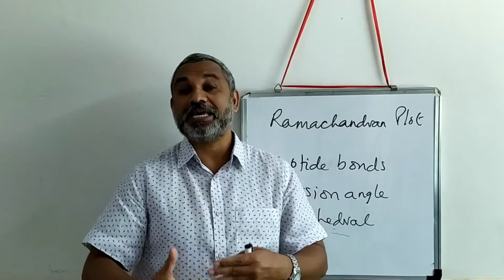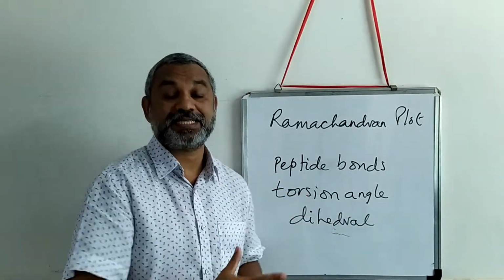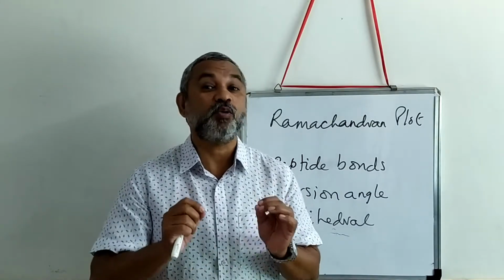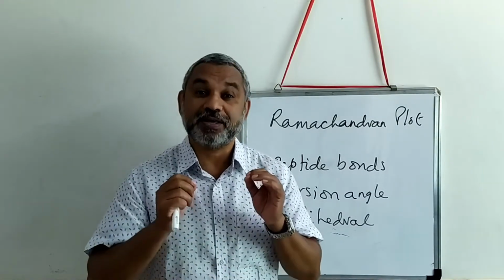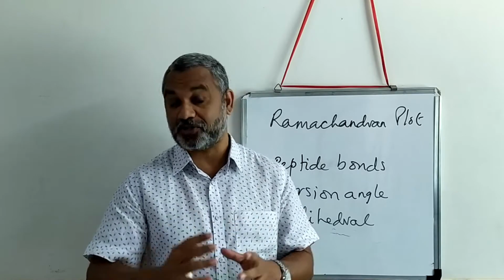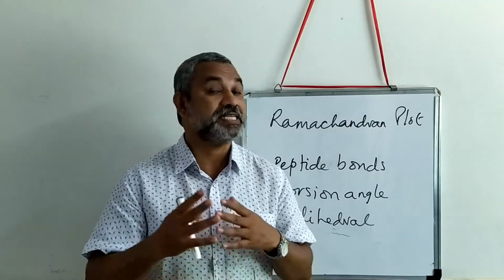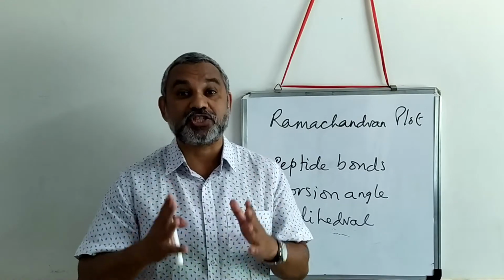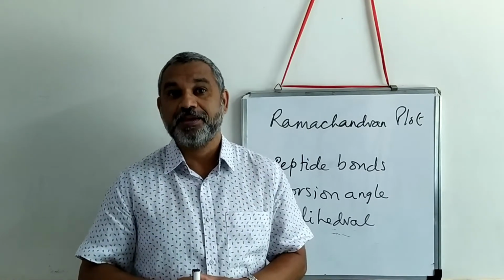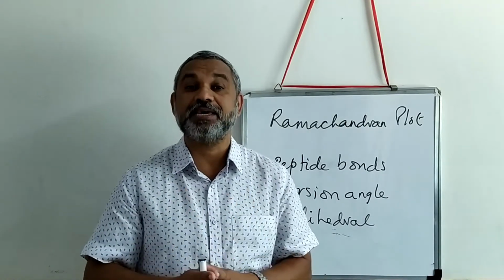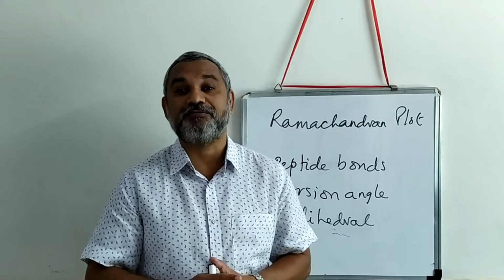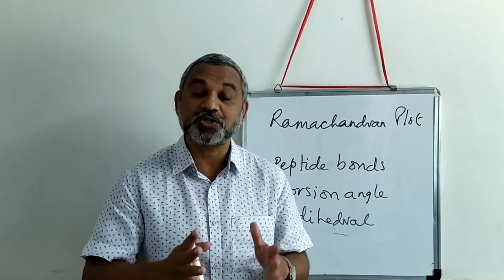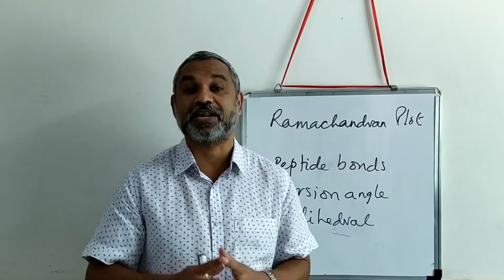The reference for us to understand a Ramachandran plot is, first of all, the original paper of Ramachandran, Sasisekharan et al., which was published in the 1960s. Secondly, we will look at certain textbooks of biochemistry. Primarily, we will look at the latest edition of Biochemistry by Mathews and Van Holde, and we shall also look at Lehninger for several aspects.